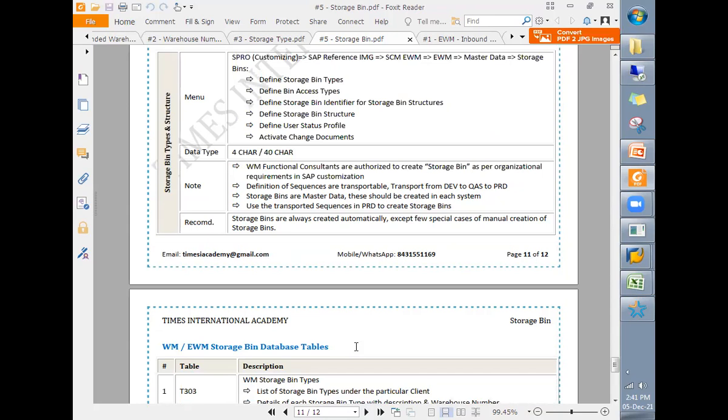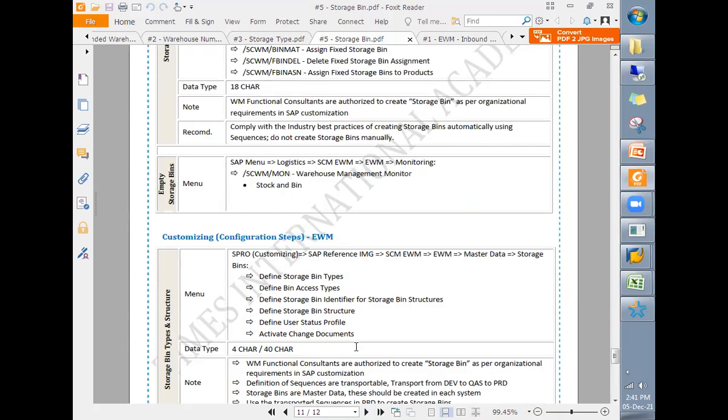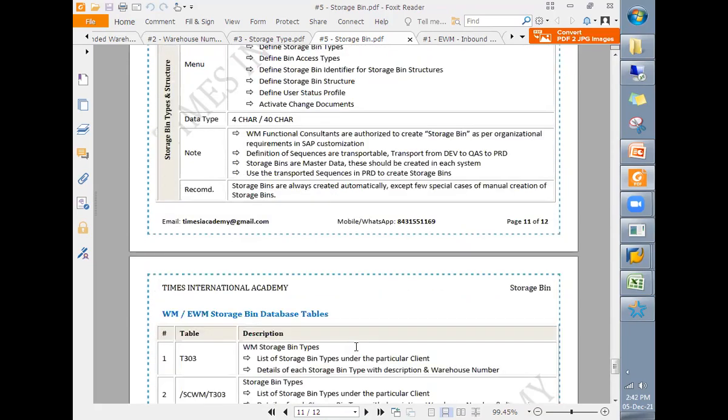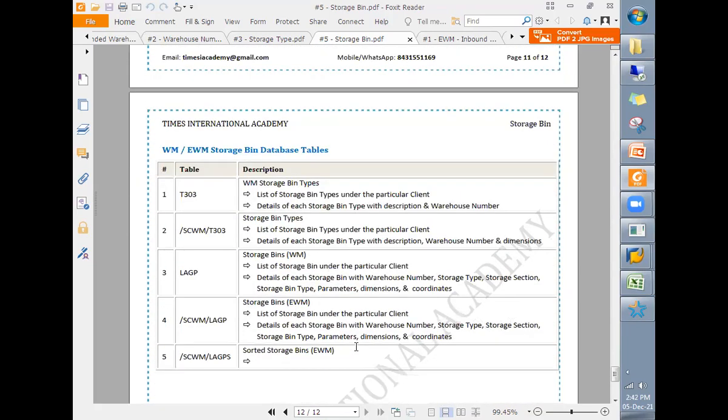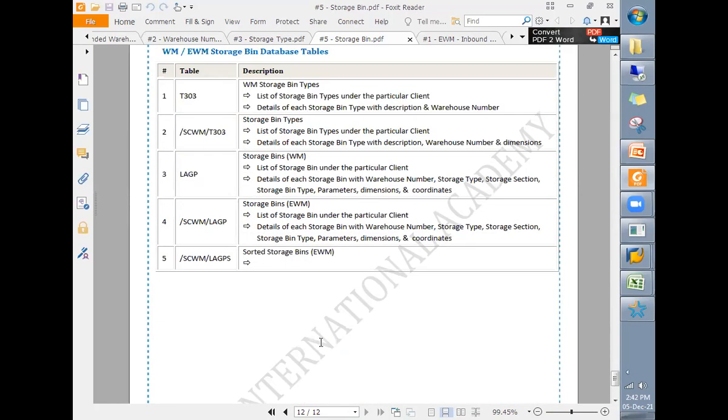Yes, of course, that will be discussed, because we have designed our training as per SAP certification and the job market. So from that point of view, the topics are covered.